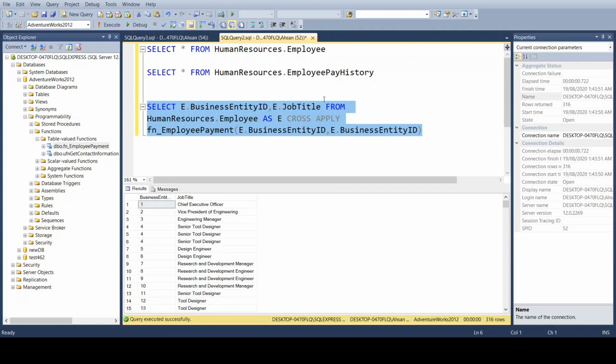So let's take some more details out of this query, and let's give it an alias as well. Let's call this employee payment, so EP. If I wanted to select something from the other table as well, let's say EP dot